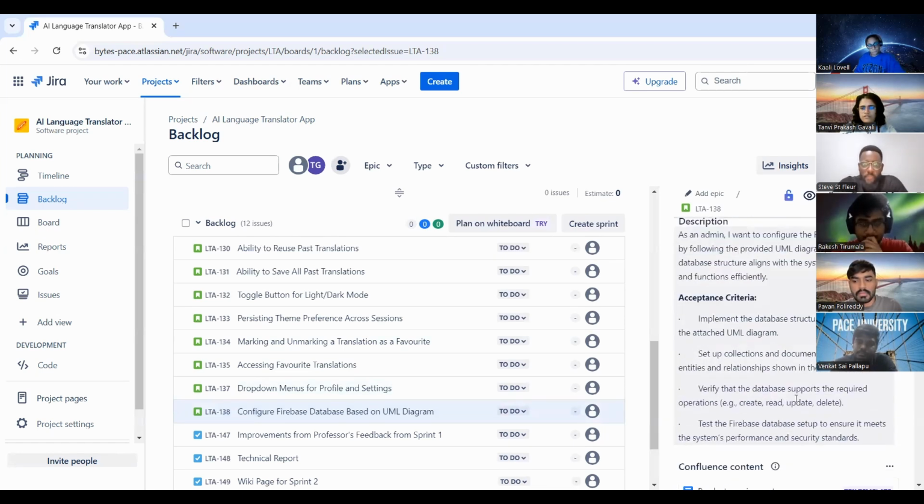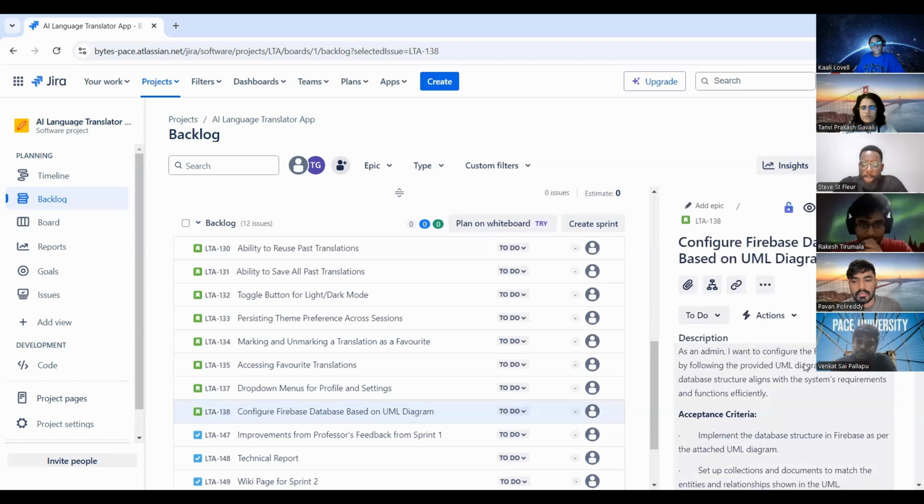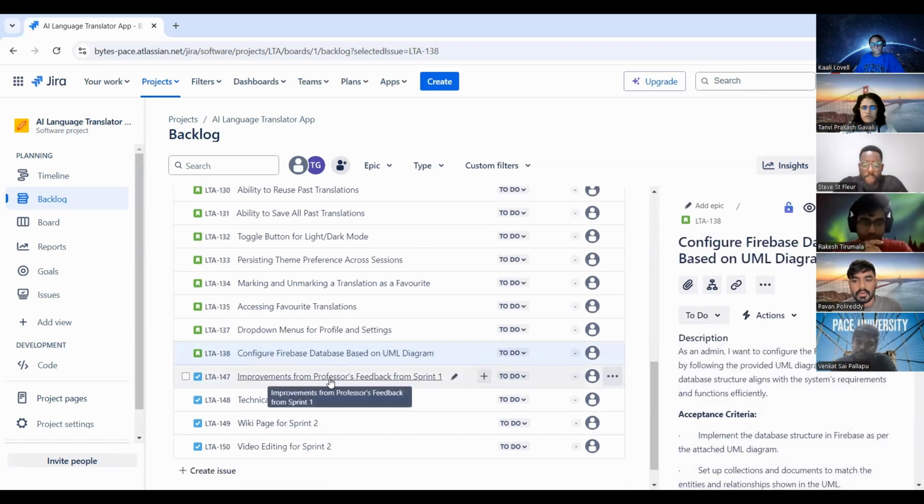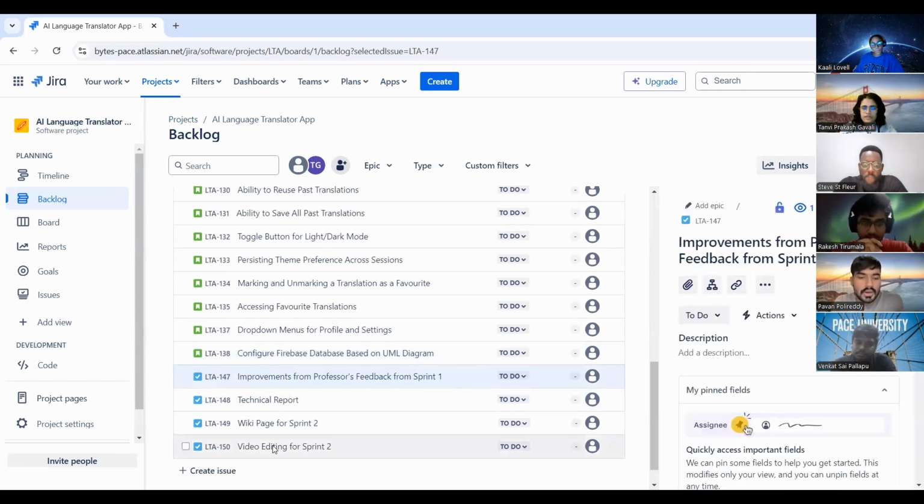Oh yeah, and this is the deployment in Firebase. I added this one just recently because I saw that this is different from our usual work, something added on top of what we usually do with our presentation and other stuff. So these are not user stories, but tasks we have to complete for our final deliverable.